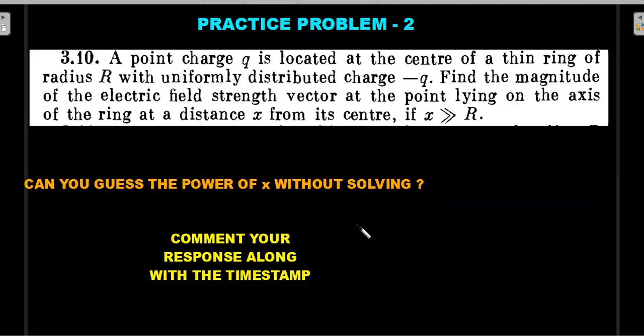The second one is from Irodov. Okay, I forgot to paste the Irodov map here. This is from problem 3.10. And again, a simple situation. As you could see, there's a point charge located at the center of a ring, and the ring has a minus